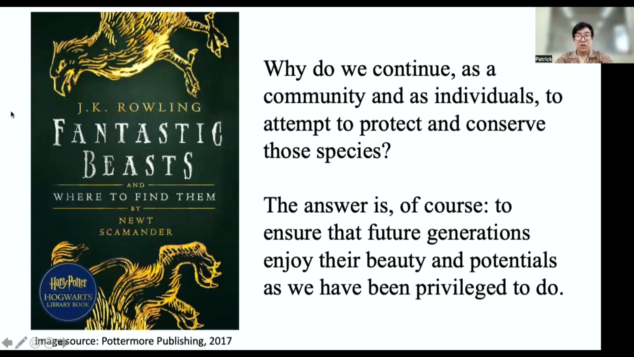Not one of the resources of fern study, but rather an inspiration for this talk: J.K. Rowling's Fantastic Beasts and Where to Find Them. One of the excerpts that I paraphrase